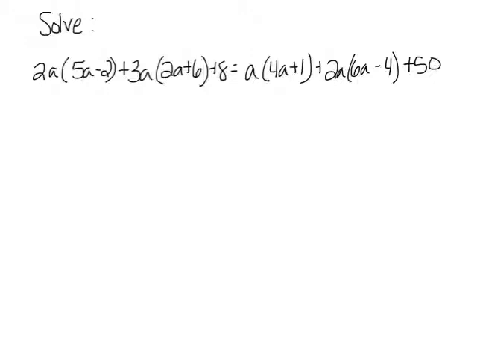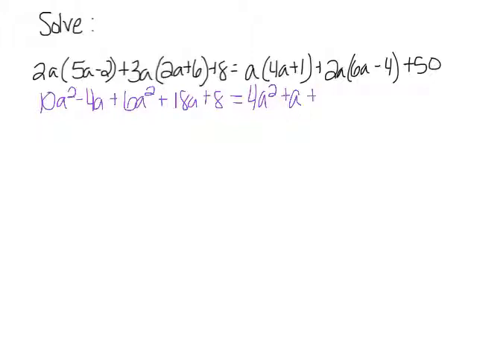So I'm going to get 10a squared minus 4a plus 6a squared plus 18a plus 8 equals 4a squared when I distribute my a plus a, because 1 times a is 1a, plus 12a squared